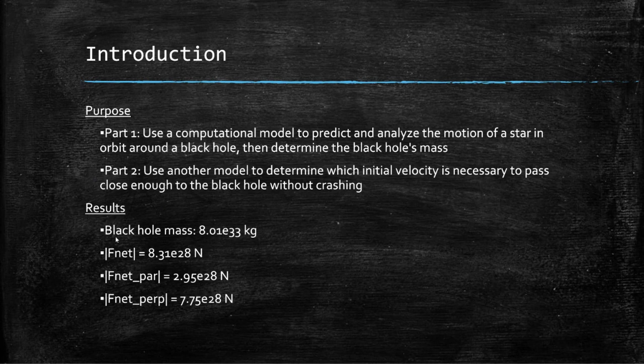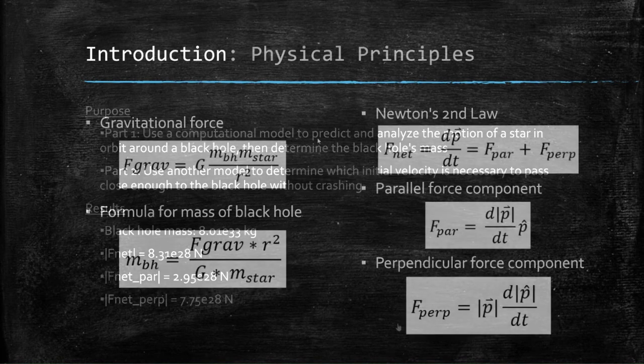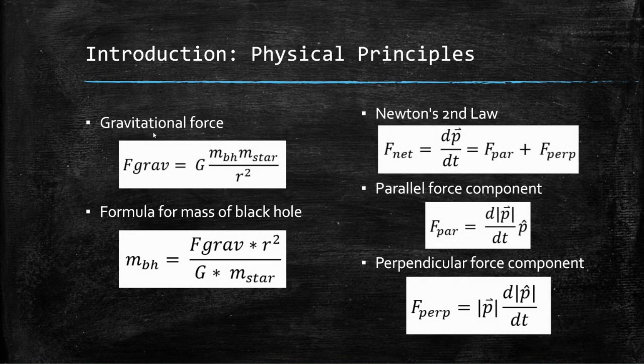As you can see here is a little preview of my results. The mass of the black hole I found was 8.01 times 10 to the 33 kilograms, and these are my force components. Now for some of the main physical principles used in this lab, the gravitational force formula, which is